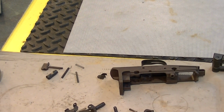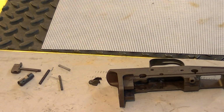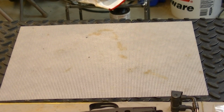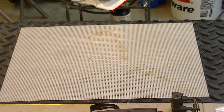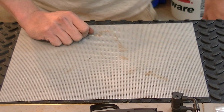What we're doing is installing our magazine release and bolt catch, that type of stuff. So what we'll need, you really don't need any tools for this operation,